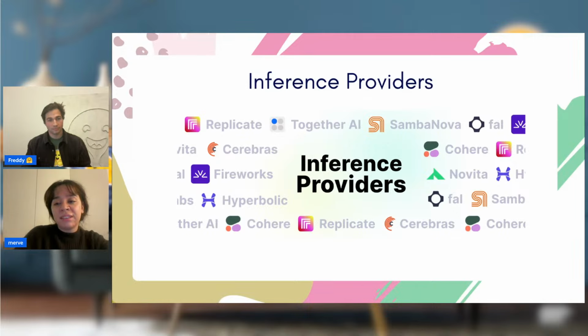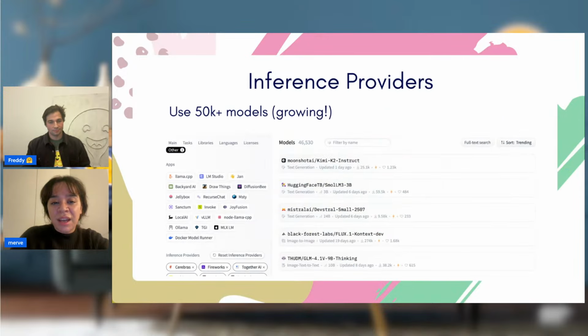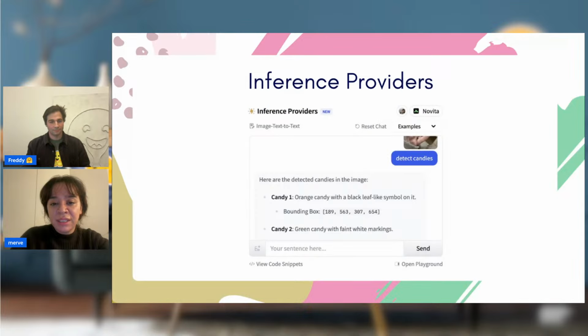You have a model you want to infer with, you can automatically pick the inference provider, and it will consume your Hugging Face credits, and you don't have to define API keys for every single provider. So it's very useful. And there are, as of now, 50K plus models and growing.